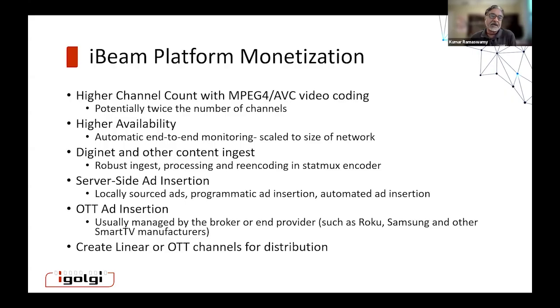And that's what I mean by curating content. You're taking licensed content from somebody else, or distributing somebody else's content for a fee, such as a diginet, or you are originating content, or you're taking content from a content provider and on their behalf creating linear channels on a very programmatic basis with fairly low touch points in the system. And I think that's the whole name of the game: to make them very programmatic and extremely efficient from a human touch point perspective.